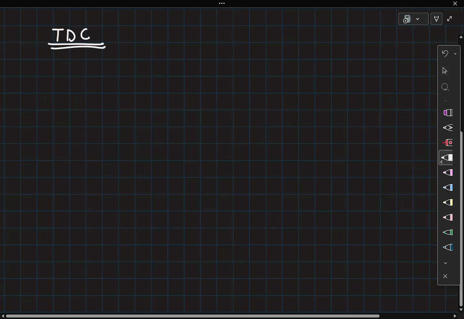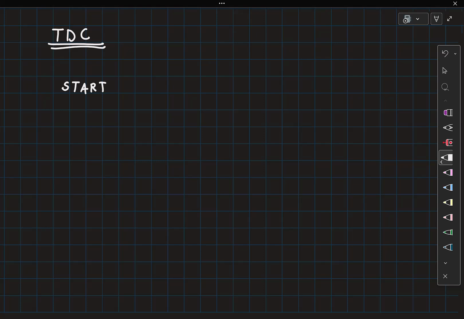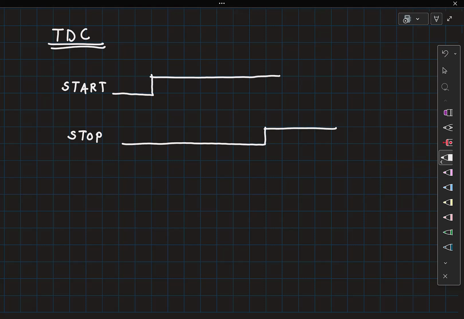So you are asked to measure the time interval between rising edges of two different signals. So I called those two signals the start signal and stop signal. You are required to measure the time interval between both of these. Let me call this delay some t.